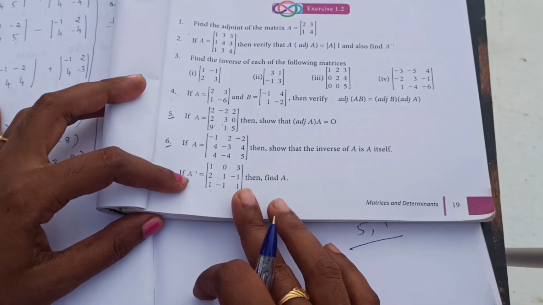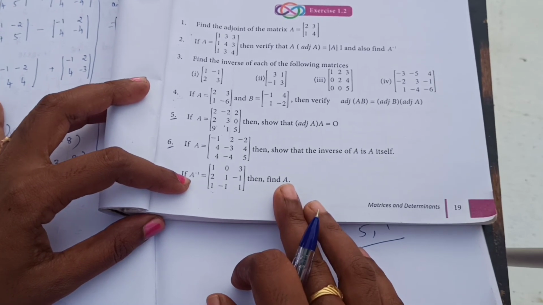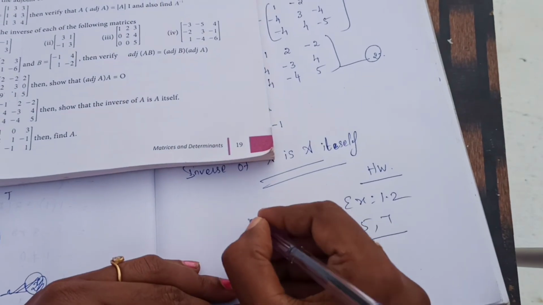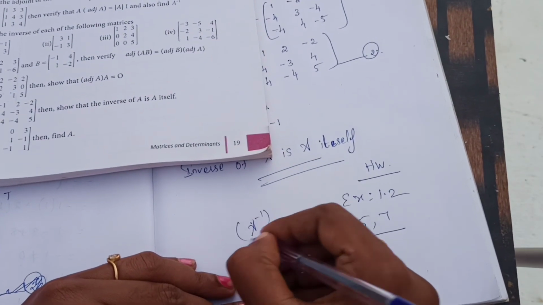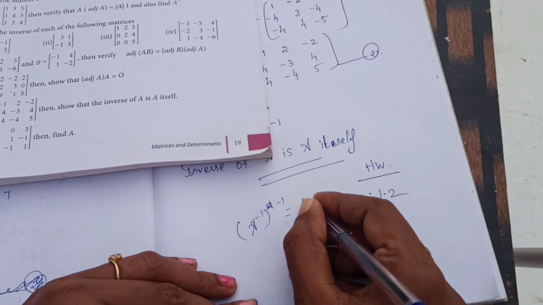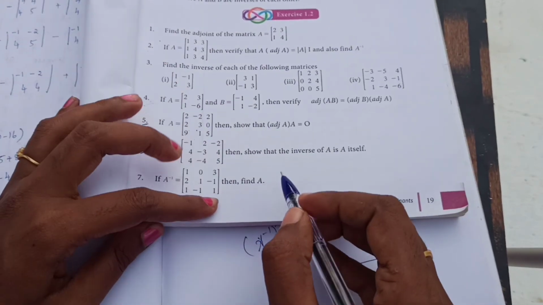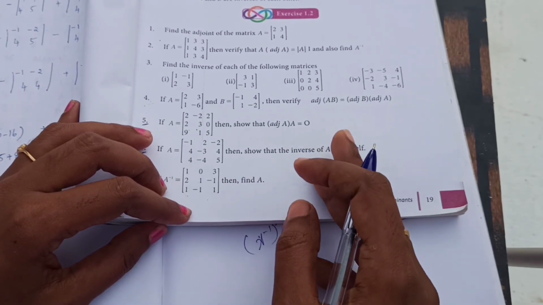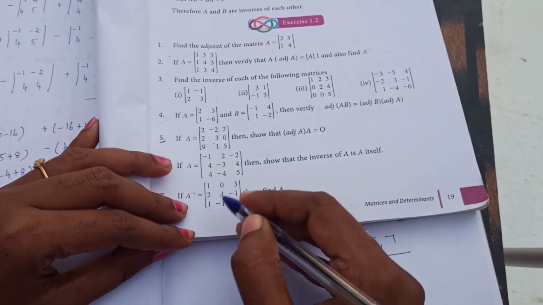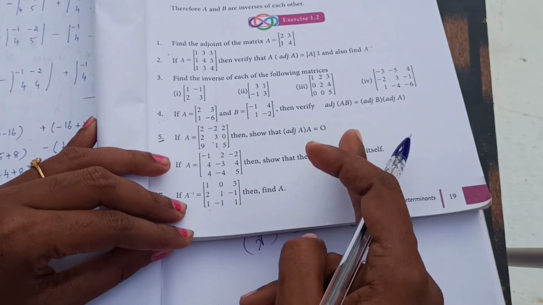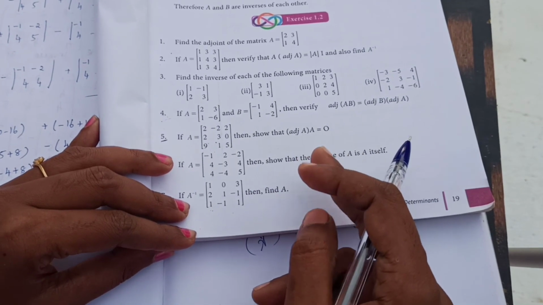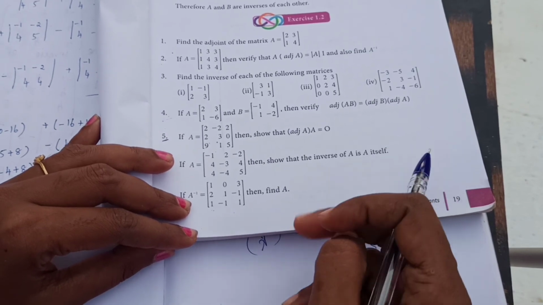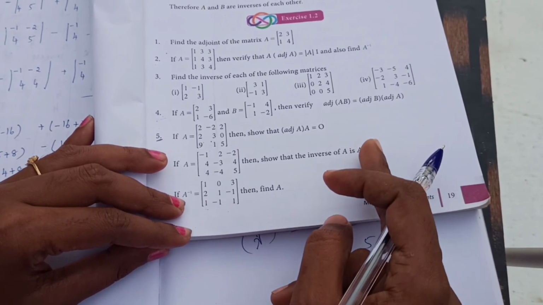So, A inverse value is given. Then they are asking to find A. Is it right? So, in one note I taught you the rule: A inverse, the whole inverse, is equal to A. Understand? So, here the value is given as A inverse. If you are finding again A inverse, the whole inverse, you will get the value as A. Both must be equal. So, finally, A inverse, the whole inverse, is equal to A. That one you need to prove.